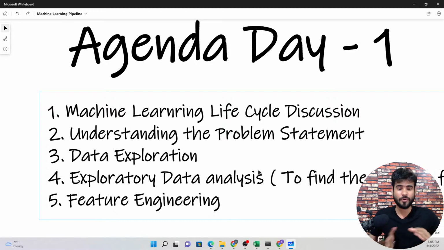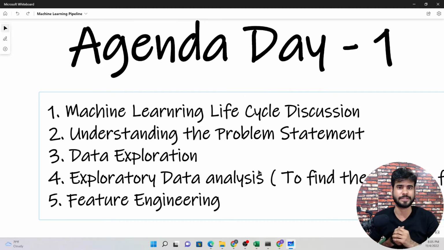So what we can do, from the data that we have, we can find out the insights. Okay, these are the products that we have in the Bangalore region, that's why we are getting more revenue. We can say to our client, okay, those are the products that you have, so based on these products you are getting more revenue in your Bangalore region, but these products are not available in the Delhi region, so that's why you are not getting more revenue.